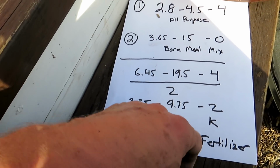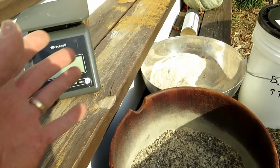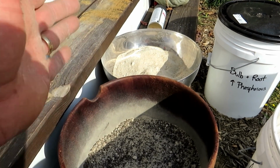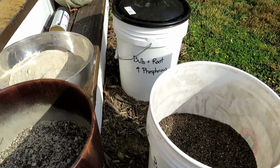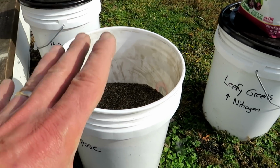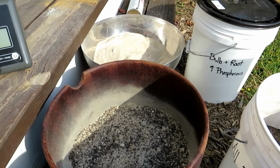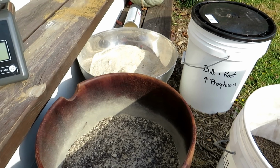but it will also cut the nitrogen down below 3. That's a lot to take in. I'm more interested in teaching you how to blend these fertilizers together and use the NPK and their equal ratios in a way that you understand what your NPK is going to be when you blend them. That was a mouthful. Don't over stress that you're just gardening and you have to do what the rusted gardener is saying here for leafy greens, all-purpose, bulb and root. You can, but again, compost is a 1-1-1,